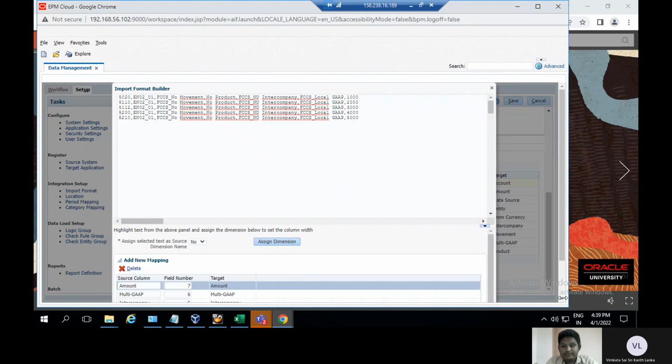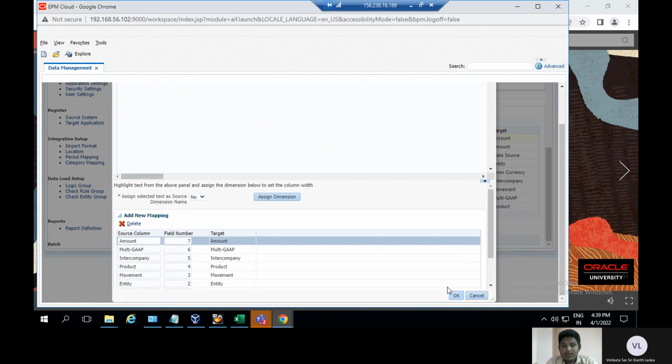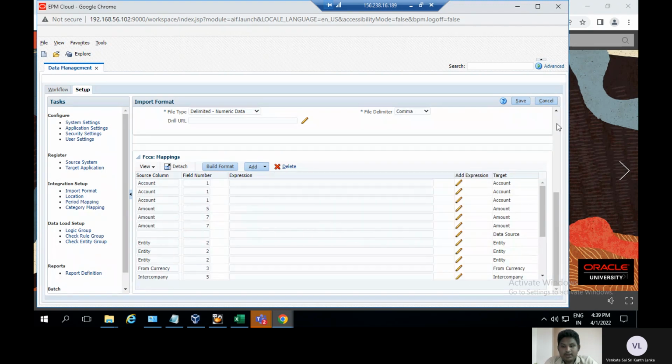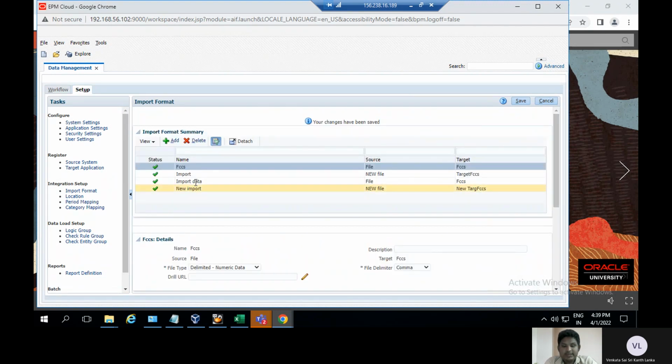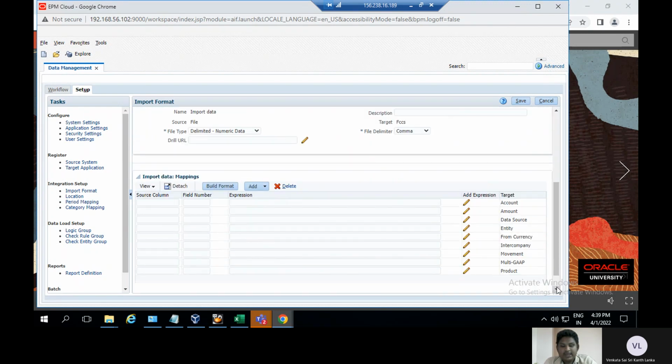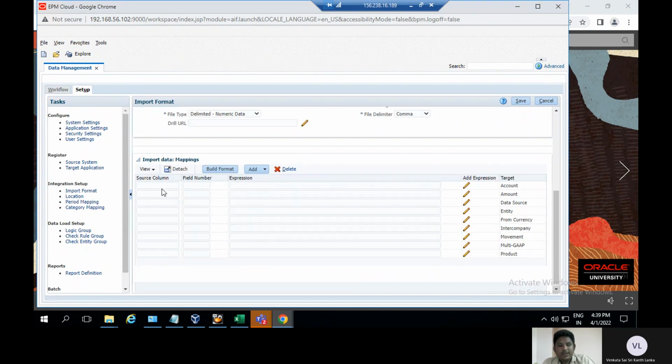and then after click on OK. Okay, here the OK was taken the wrong time. Earlier I created the import data, and I will directly give the mapping here. Sorry, account,